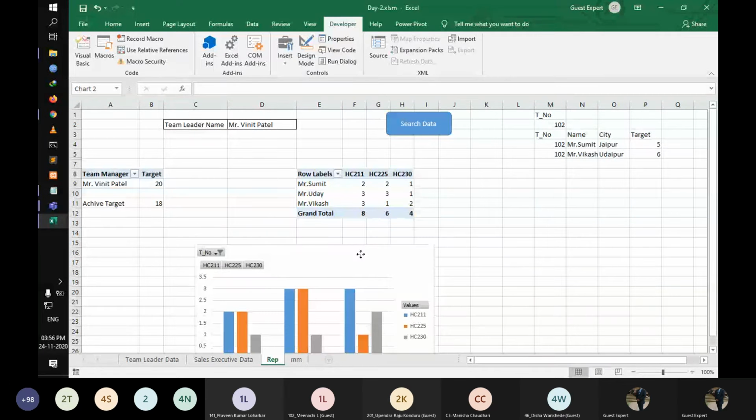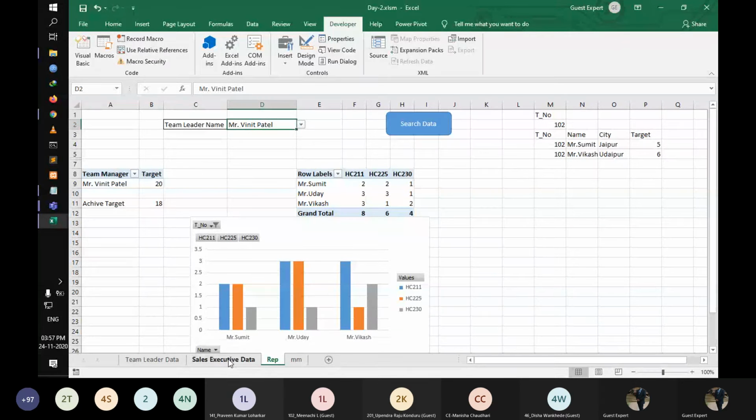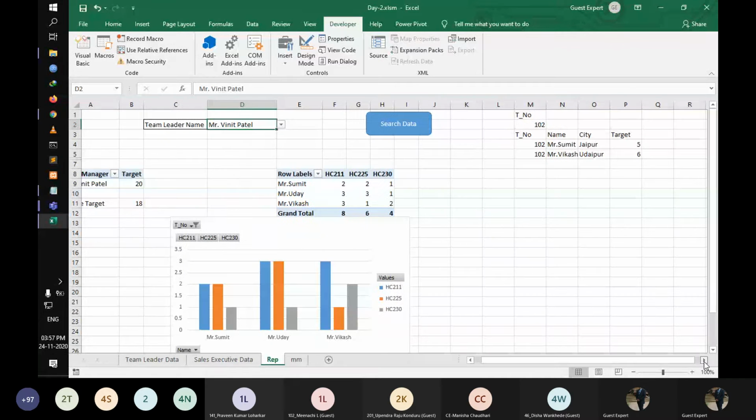Why is it only showing, where is Uday? Sumit and Vikash. Okay, we assign it.